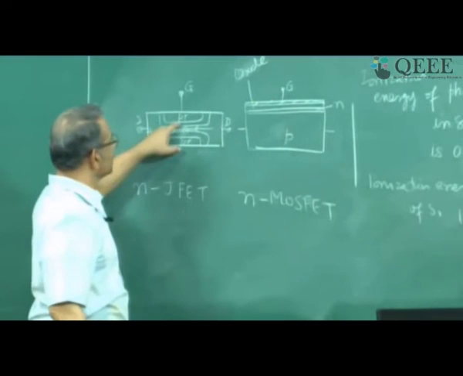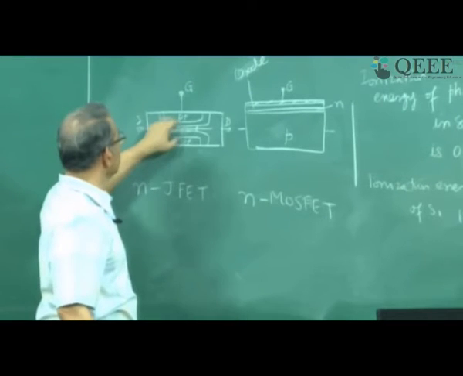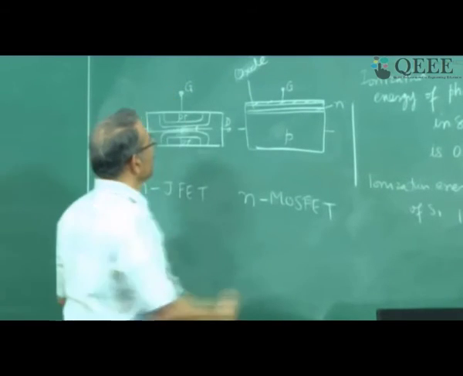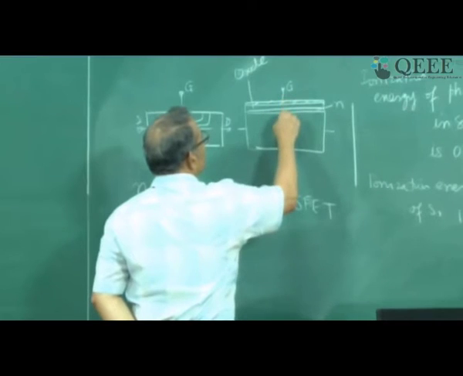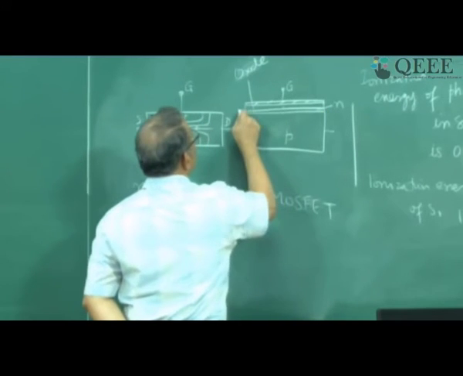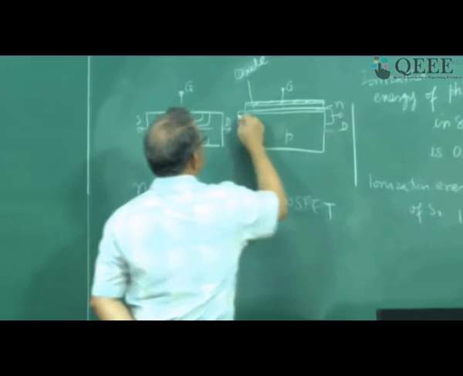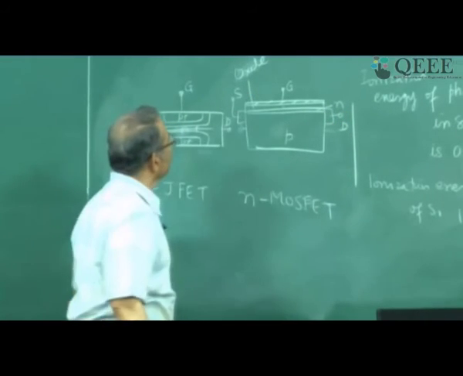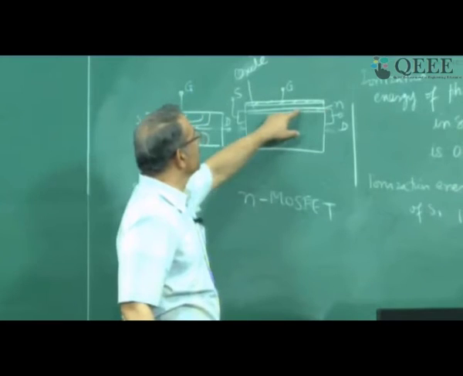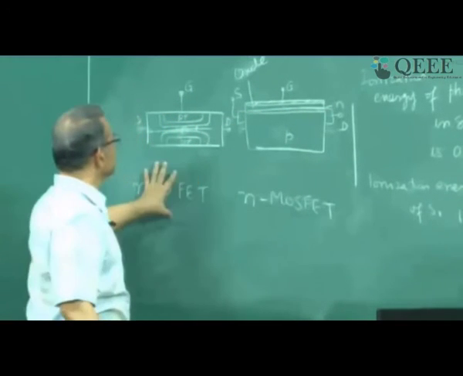Here there is no insulator separating the controlling terminal from the semiconductor. So here the junction is controlling directly. Here the metal oxide semiconductor is controlling the current. That is why it is called a MOSFET. So the current will be, now here you connect drain and source. So this is drain and this is source. Current flow will be right next to the insulator here. So you can see the two differences.